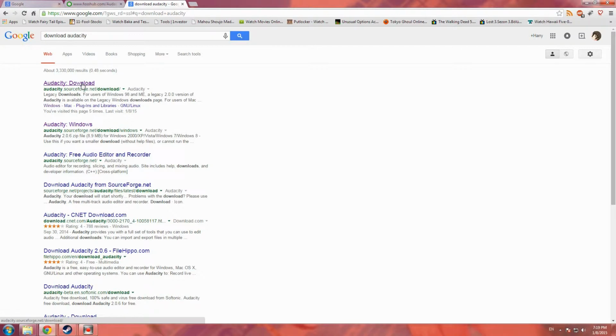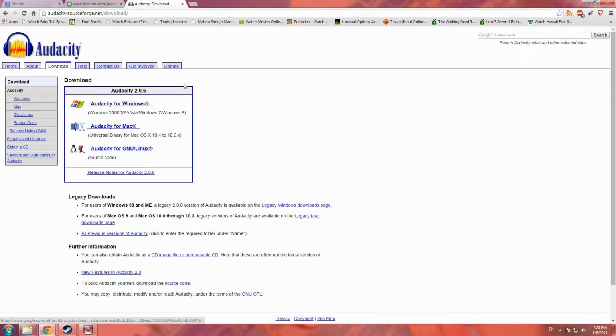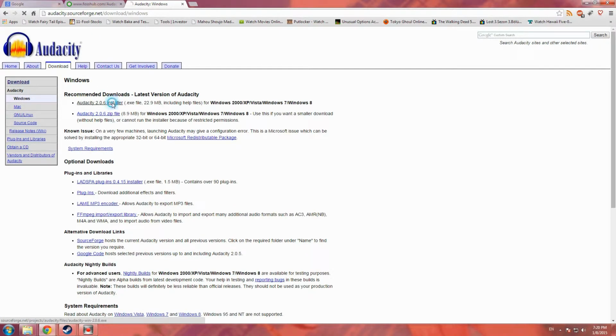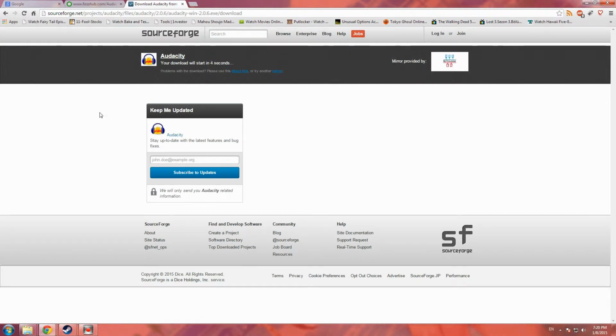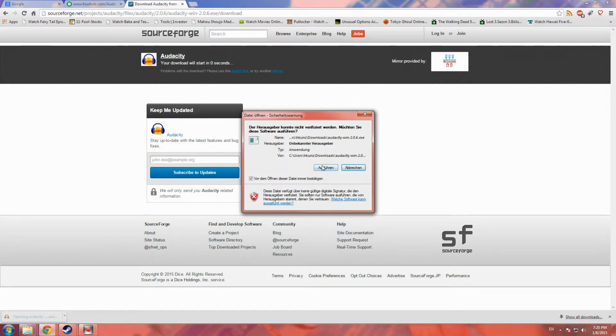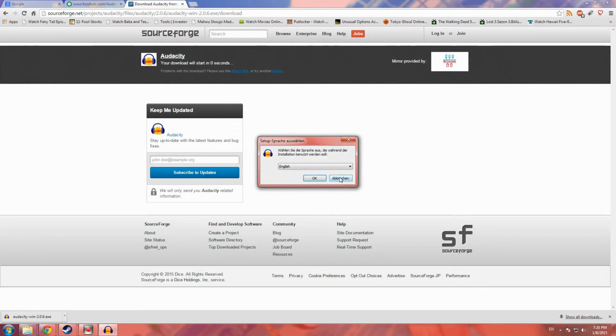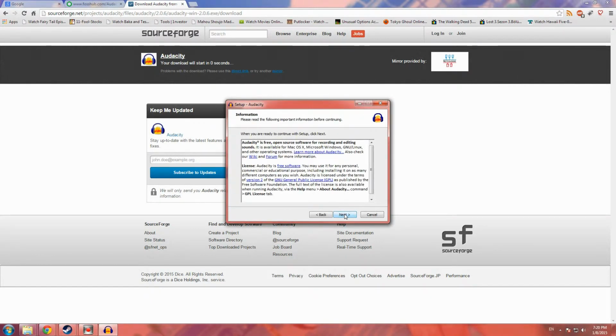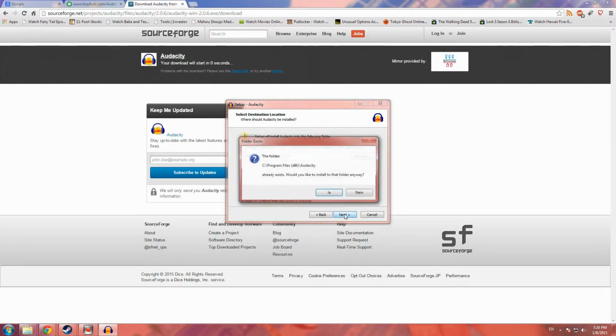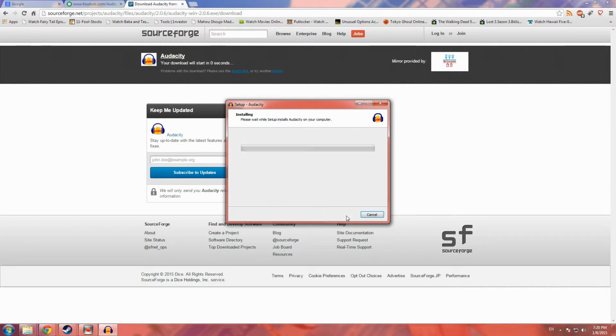Click the first link that pops up, and then you can download the software for Linux. You can get it for Mac and for Windows. Click the installer download link. Click to execute the installer. Just the regular installation instructions, just follow it, and then you'll be good to go.